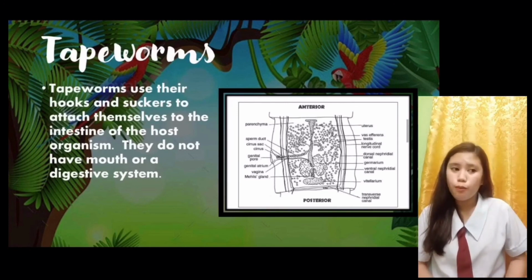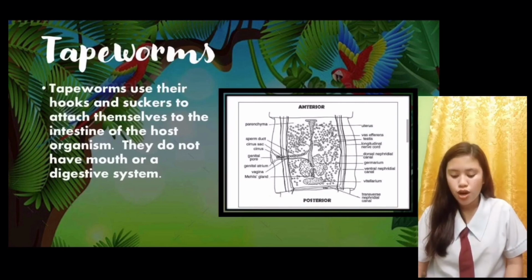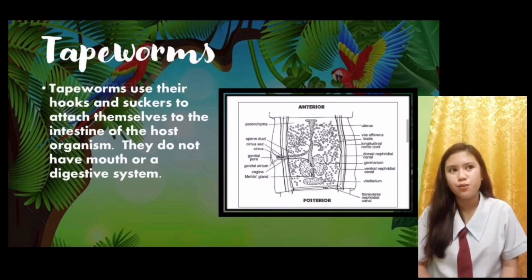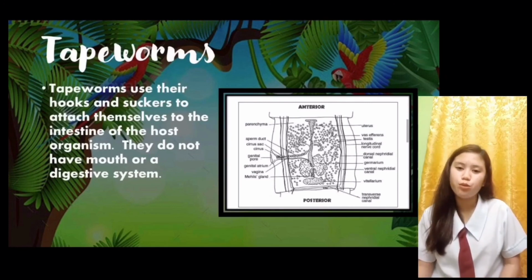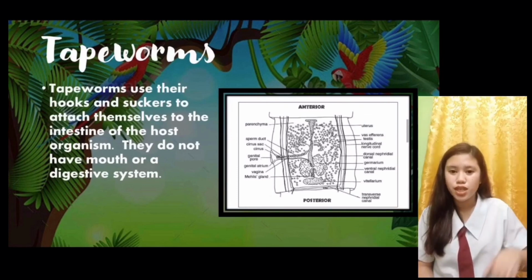So sa tao po, makakakuha po tayo ng tapeworms sa pagkain po natin ng mga meat na hindi po gaanong luto. At ang mga meat kasi po, hindi naman po natin nakikita kung yun ba ay may worm o wala. So, meron po akong napanood kung saan bumili po siya ng meat na hilaw pa, hindi pa naluluto, and then ang ginawa niya, binuhusan niya ng soft drinks kung saan naglabasan po doon yung mga worms.